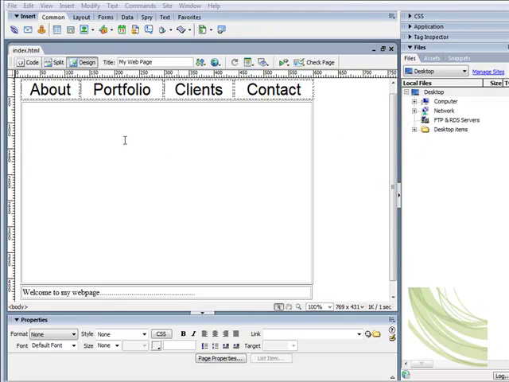Just a little recap. So far what we've done is we've created three basic tables. We've got one here at the top, one for the middle, and one at the bottom. The one at the top has basic text, so about, portfolio, clients, contact, or whatever you've named them. As we've been doing this, what Dreamweaver has been doing behind the scenes is basically creating and generating the